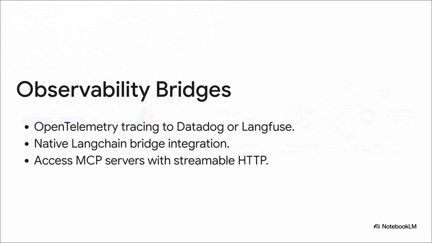Then, you add in observability and ecosystem bridges. We're talking OpenTelemetry tracing out to Datadog or Langfuse, a native LangChain bridge, and MCP connections. Put that all together, and you have unparalleled visibility into your AI workloads. Airflow just integrates so seamlessly with standard observability stacks. You can literally trace your agent's exact reasoning steps. And that MCP connection type? It even allows you to access MCP servers with streamable HTTP and standard I/O transfer types. It's deeply integrating your existing agentic frameworks right into the data orchestrator you're already using.